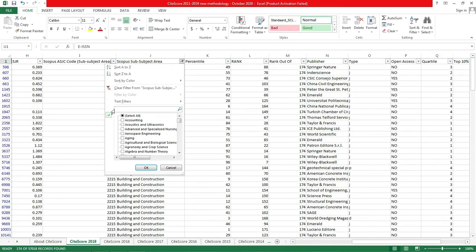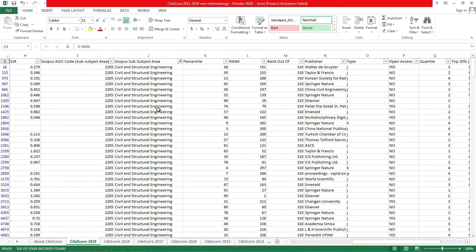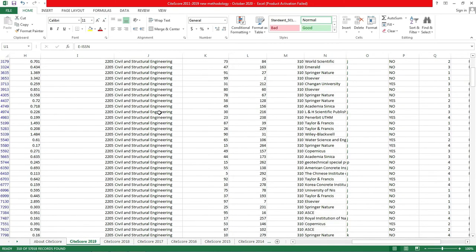Similarly, you can choose by the code also. Suppose you are not well known about the code, so first you have to choose using the subject area. Once the subject area is selected, using that you can find out what code has been given. Using the code, later you can shortlist it and make it a shortlist of journals. This will be helpful for you to shortlist the journals for your research area.